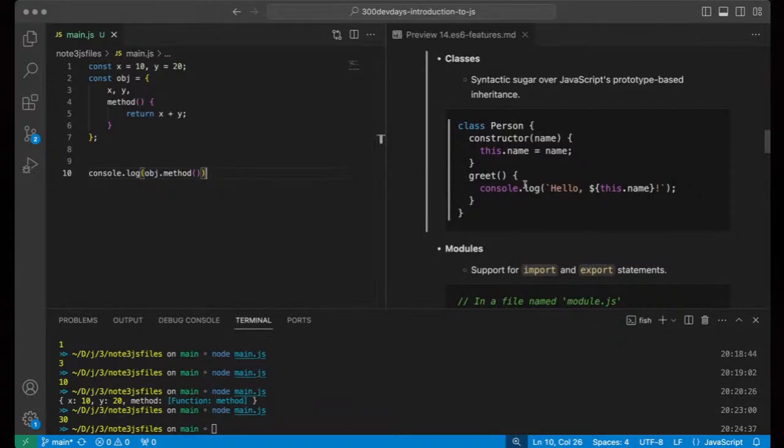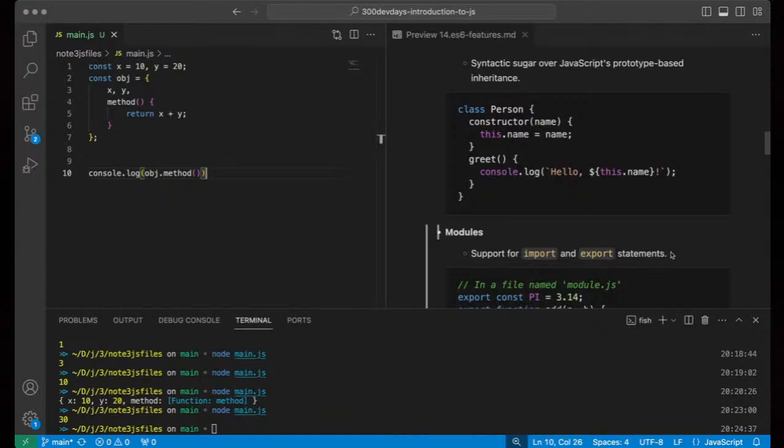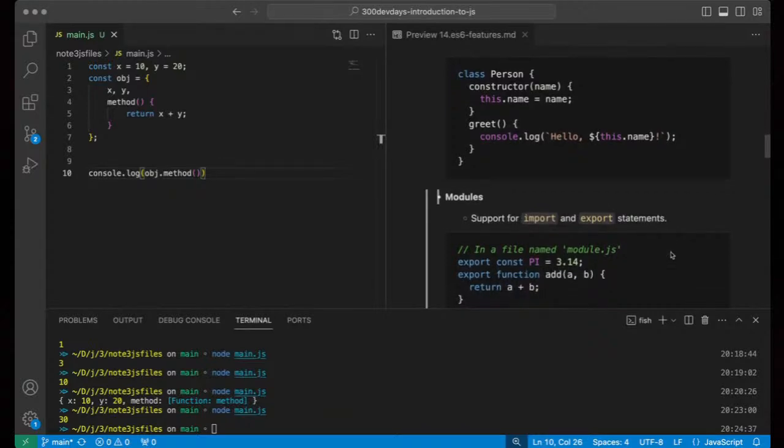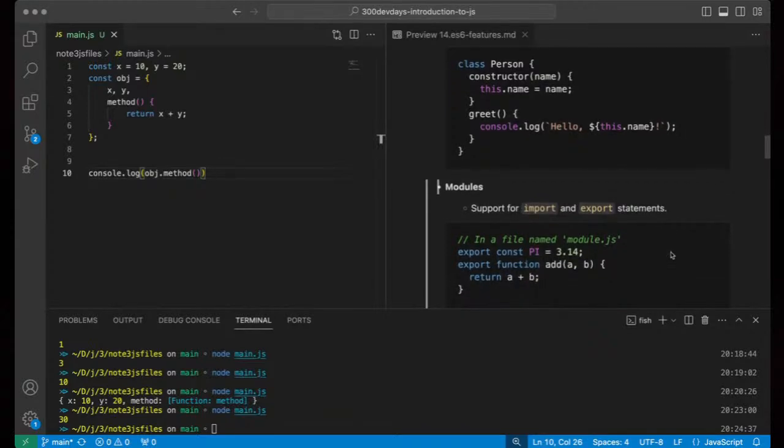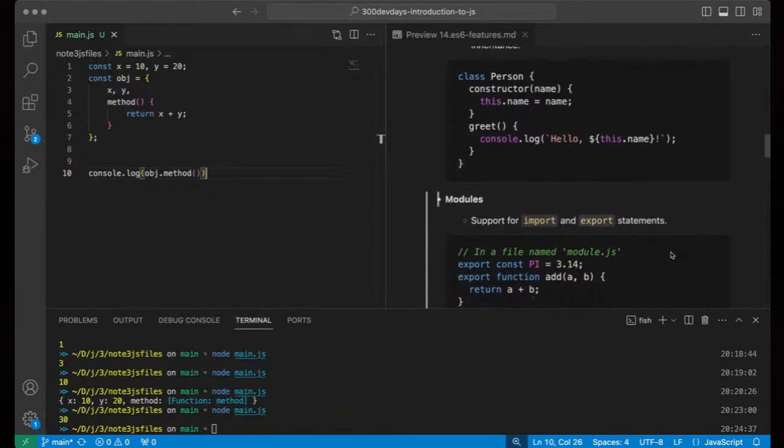So using a class makes it easier, not just for yourself, but even other developers trying to understand what you're trying to build with that OOP pattern. And of course, it also makes your code familiar to other people coming from other high-level languages, rather than using the function constructor and prototype chains, right? So yes, we actually covered